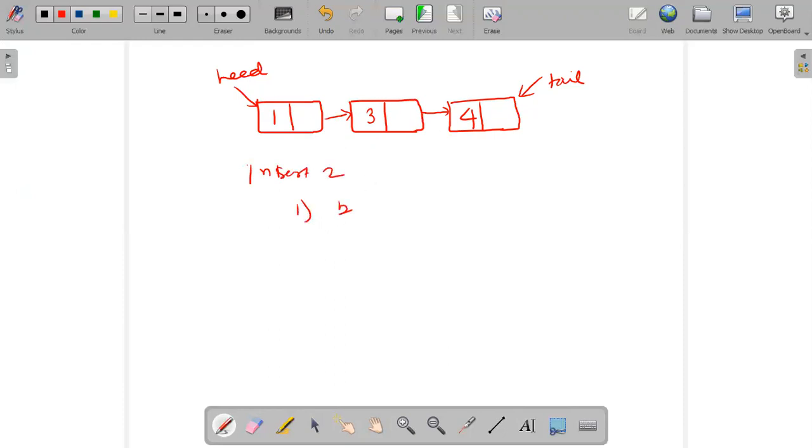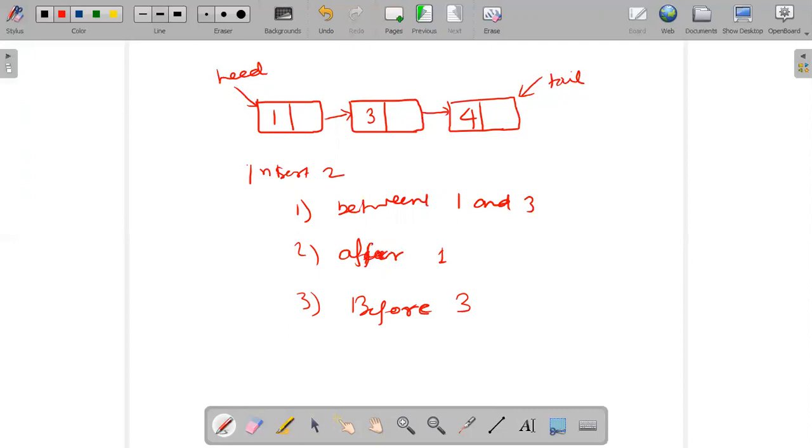First question, between 1 and 3. Second is after 1. Third is before 3. All are pointing to the same question, right? Yeah. So if my question is something like this, how are you going to do this?